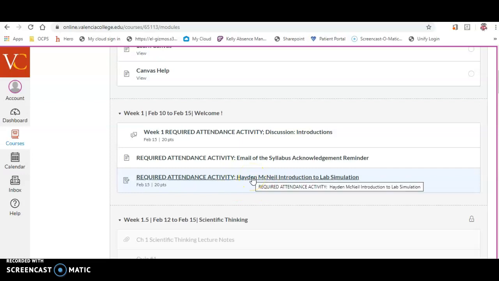Don't go on the web browser and access the lab through a link on the web browser other than this one, because if you do, when it comes time for me to synchronize the scores from your labs, they will not synchronize, because it will not recognize that you did the lab from these Canvas platforms. So it is important that all the labs, and I'll show you in a few, get accessed through this link. So you click on the link,